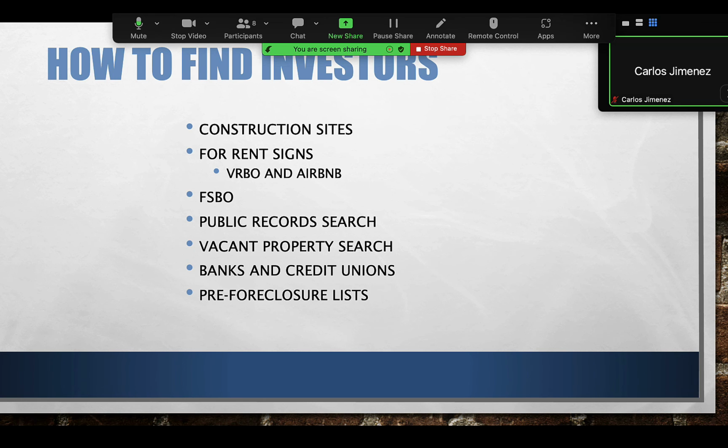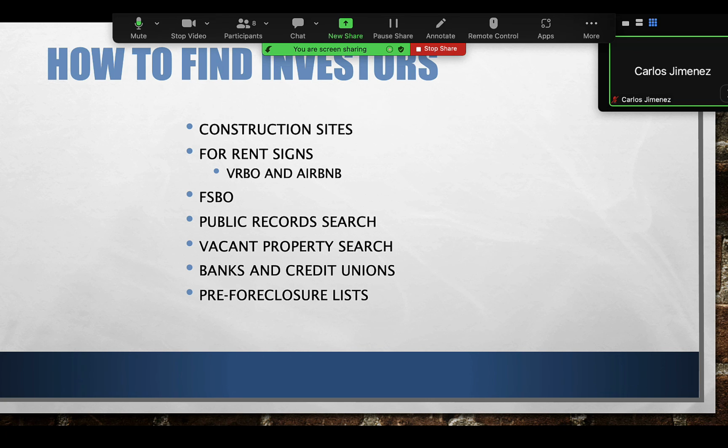You can search public records and look for properties where the owner's mailing address is different than the property address. That's obviously going to be an investment property. You can also do a big wide search in public records, take 2,000 homes in an area, export it into a CSV file, eliminate the properties where the mailing address is the same as the property address, and then sort the remaining data by the address. What that's going to do is put all of the owners together